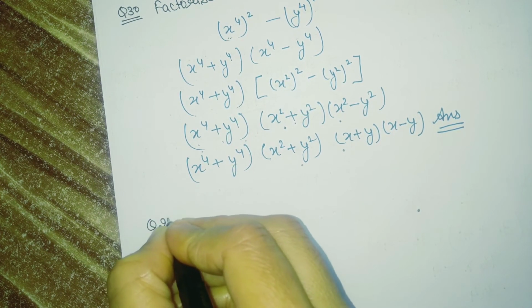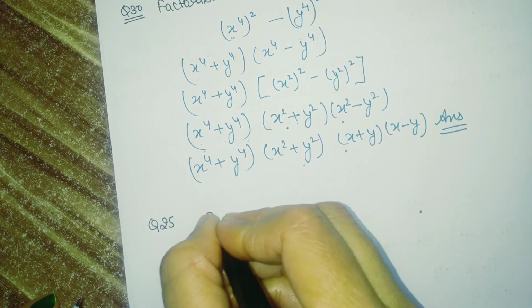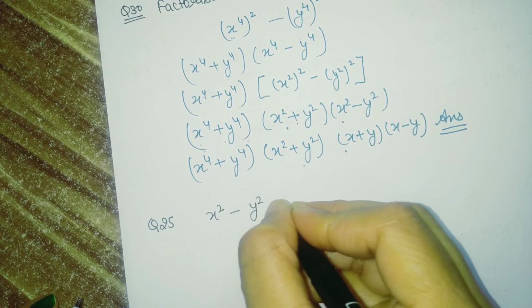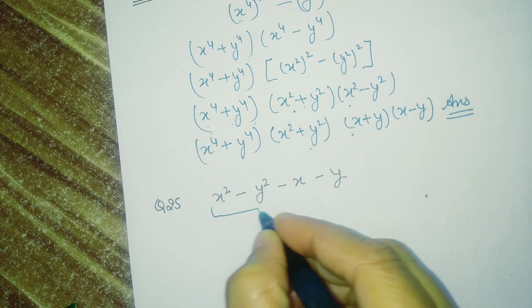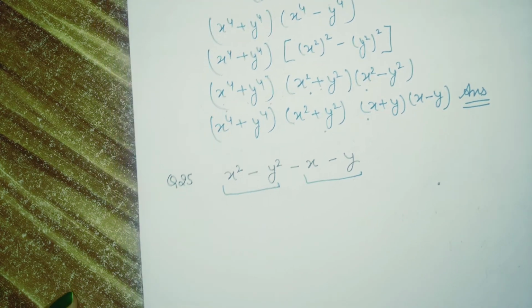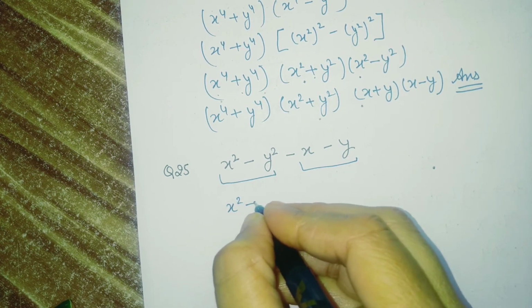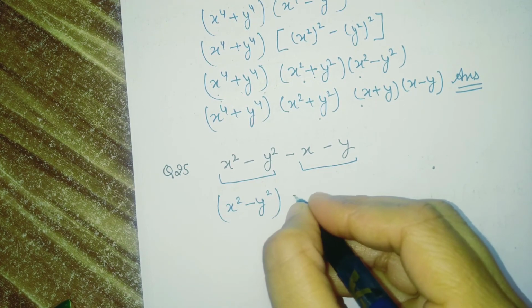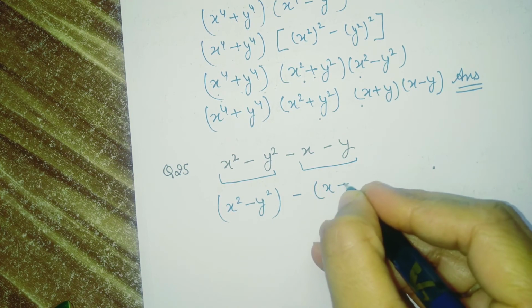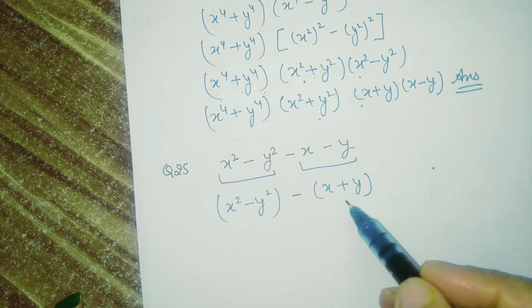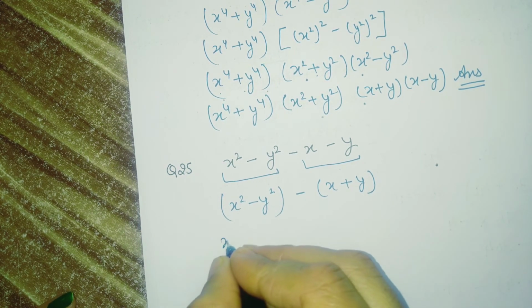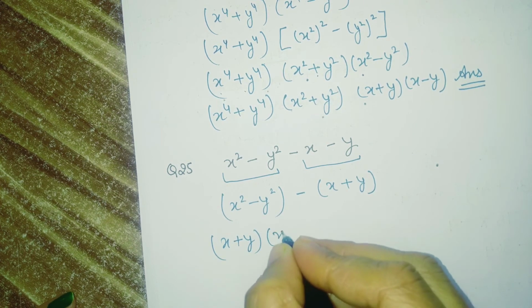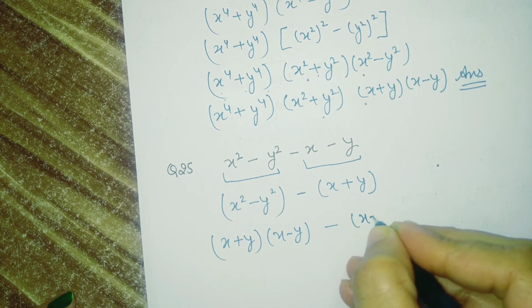Question number 25. In question number 25, they have given x square minus y square minus x minus y. When we get this type of question, how do we make the factors? So first of all, we use grouping here. By making groups, we will make the factors. So this is the first group, x square minus y square, and here I have taken a minus common, and this is my second group, x plus y. Why did it convert to plus? Because I took minus common from here. This is the identity a square minus b square. It can be expanded as x plus y and x minus y, and here it is already x plus y.